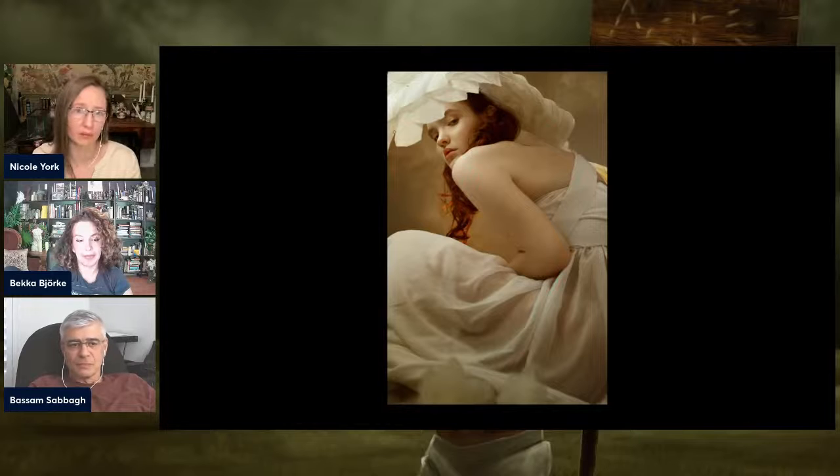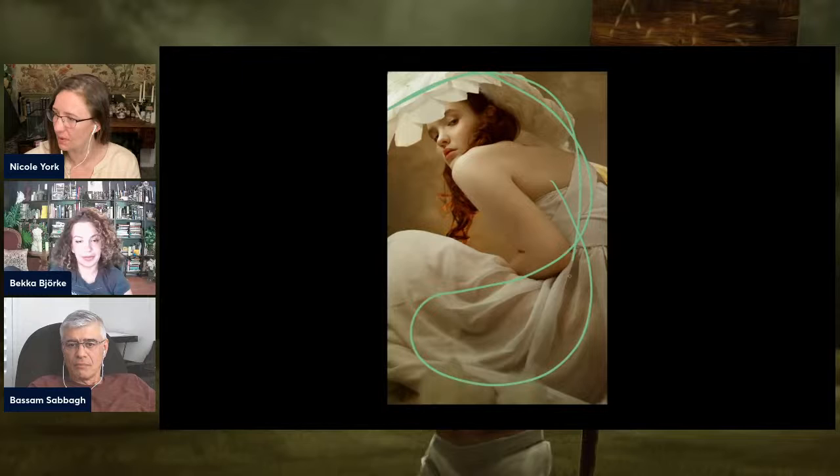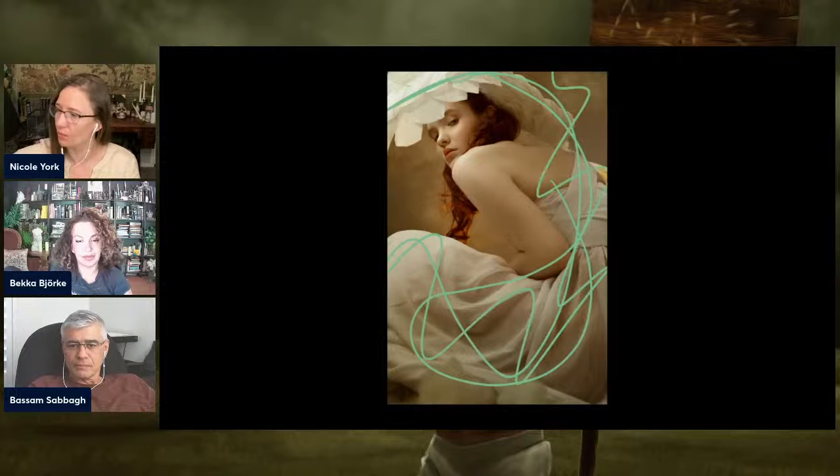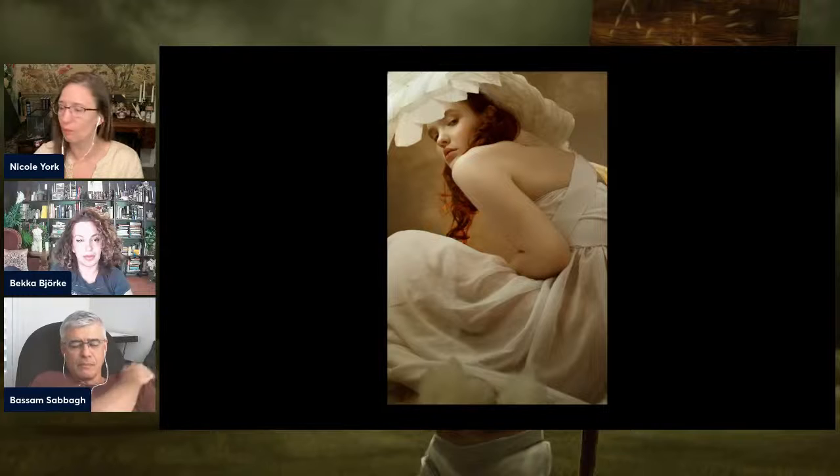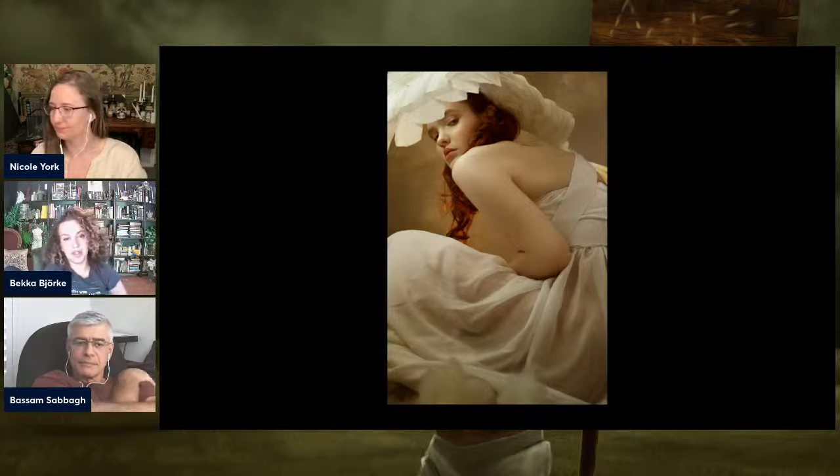There's also framing, right? These are not interesting areas here as much. You could almost look at all of this as just a relatively interesting negative space because it's all leading right there. Yeah. She's also making eye contact with the camera, and that is always going to be something that will pull. That curve is always what's most interesting to me.